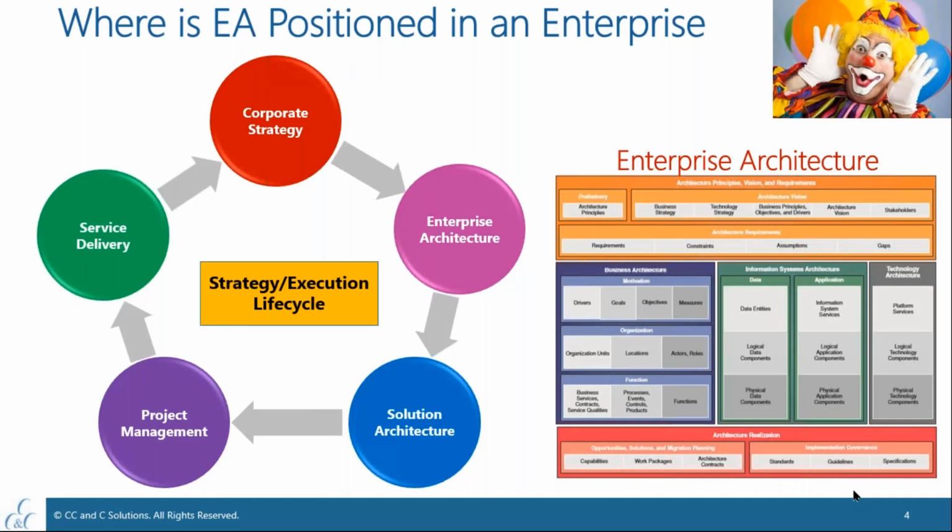Okay, let's talk about enterprise architecture. How is EA positioned in an enterprise? On the top, you see the corporate strategy. We always start with the corporate strategy, the vision, goals, and objectives of the organization, and that gets translated into a set of blueprints. The blueprints and roadmaps are the key deliverables of an enterprise architecture function, besides other things. Of course, they manage the governance of the process as well, how the blueprint is implemented in real terms,